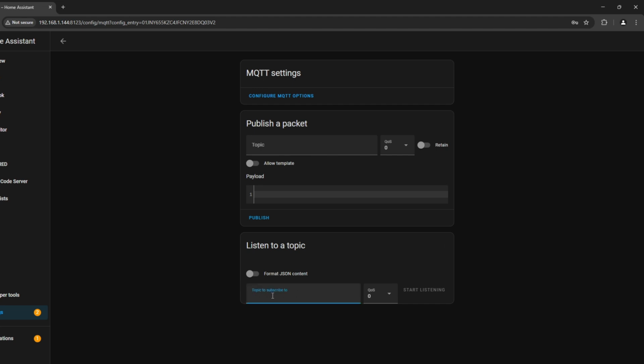So I'm just going to subscribe to a topic and we'll call it Demo. And you'll see here you've got the QoS, which is something I mentioned earlier. I'm just going to leave it as 0 so it will just send one message. I'm going to click Start Listening, and then from the Publish section we're also going to type Demo, and we're going to send the payload, which is basically the message, which is hello. So if I type Publish, you can now see hello is showing